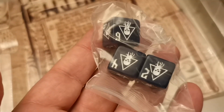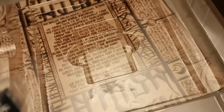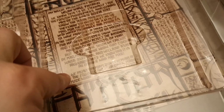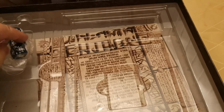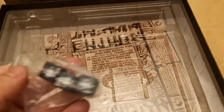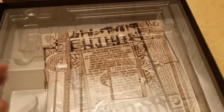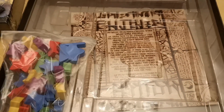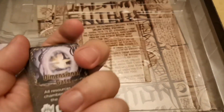And these are perfectly serviceable, so if you just buy the base set, that'll be fine. You get some nice high quality dice, and there's an insert which in theory all fits back in nicely, and a nice little demonic ritual at the bottom here. Now, this little well here is where you're meant to put your dice, but if you keep them in the baggie, they don't fit. So I can see me having to ditch this insert quite quickly,